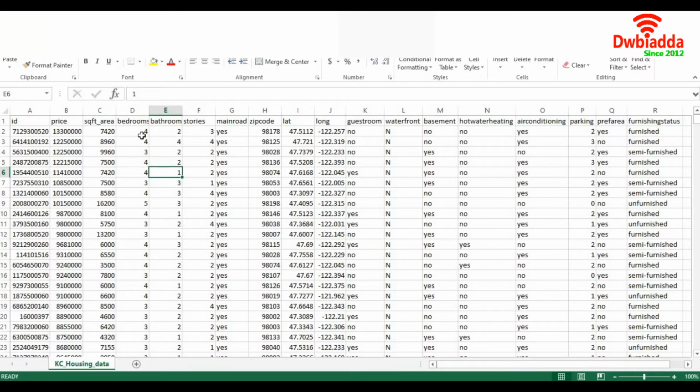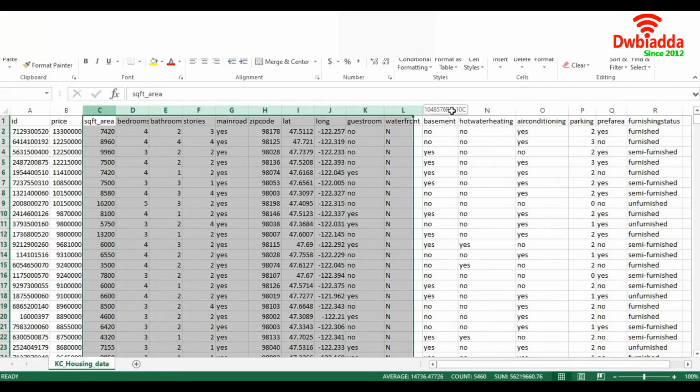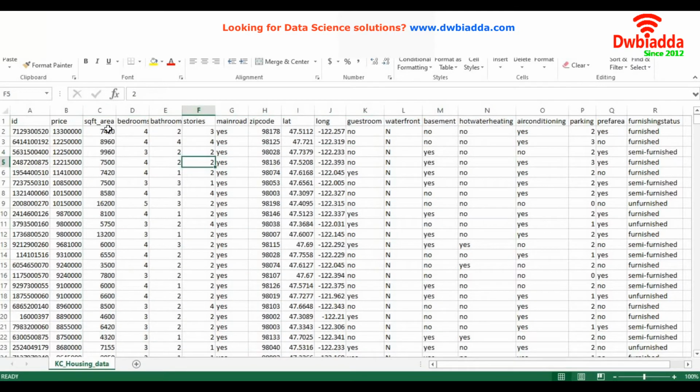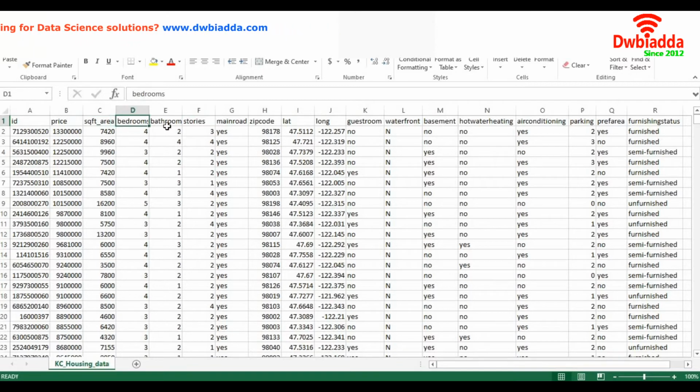But here we have multiple independent variables, so we will have multiple x's. So the equation that we are going to define here will be y equal to intercept plus b1 x1, plus b2 x2, plus b3 x3 and so on, where b1, b2, b3 are the individual coefficients for each variable. Now this value of the intercept and the b1, b2, b3s is what we are trying to predict in our linear regression. Let's try to do that, and before we do that, let's try to understand the data.